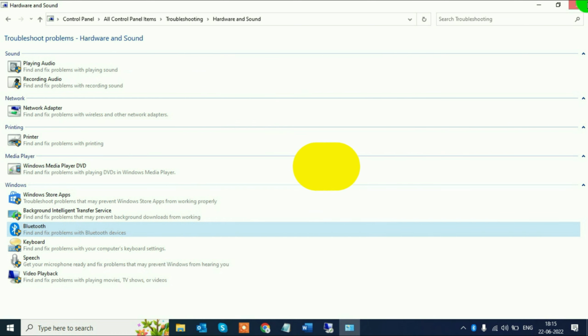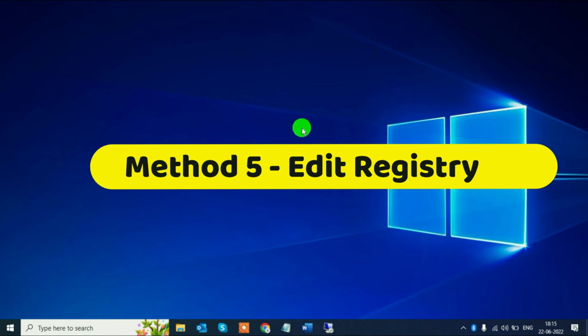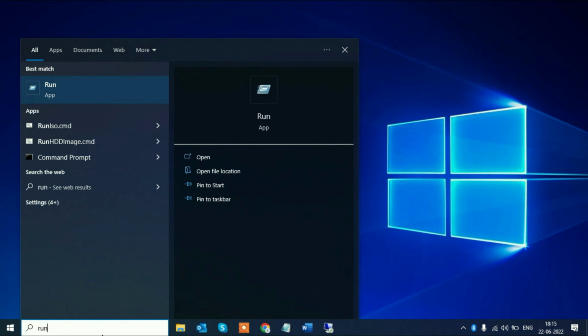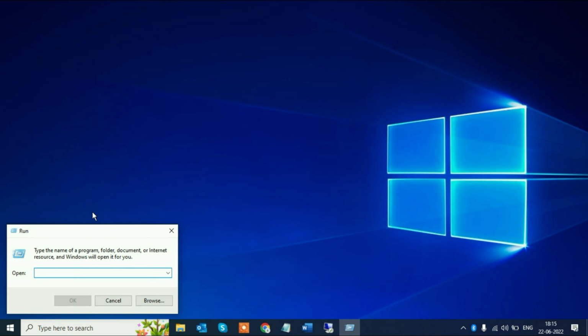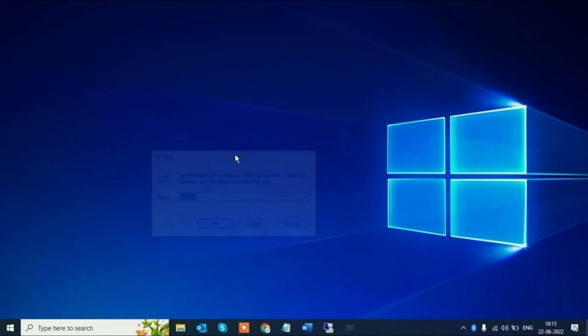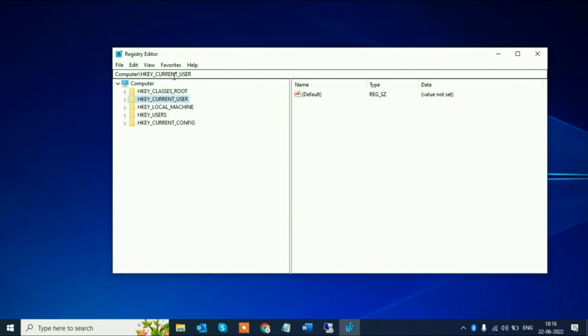So close this window. The fifth method is to edit your registry. To do this, go to your search bar, type run, and then type regedit, then press OK to open the registry. Now you have to go to HKEY_LOCAL_MACHINE,